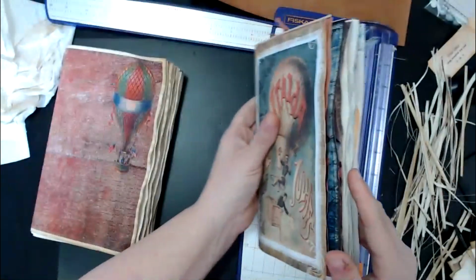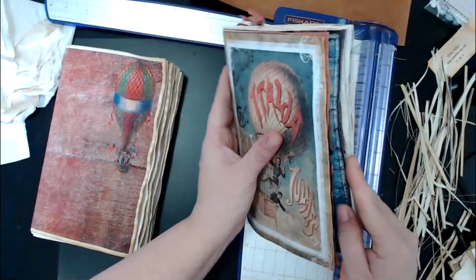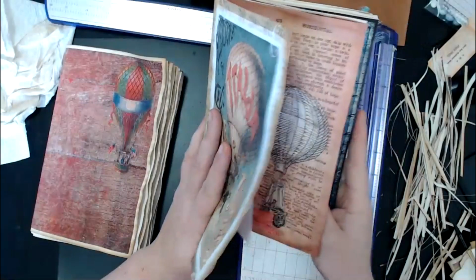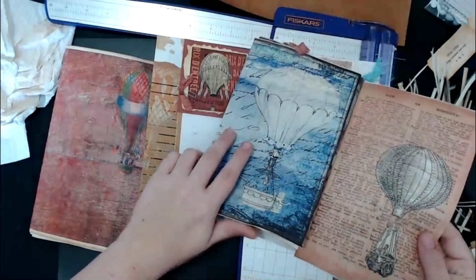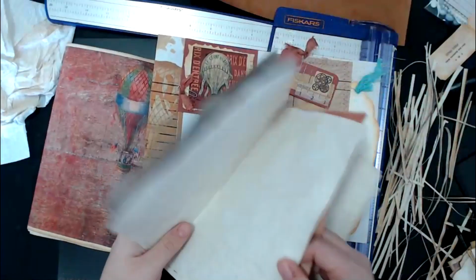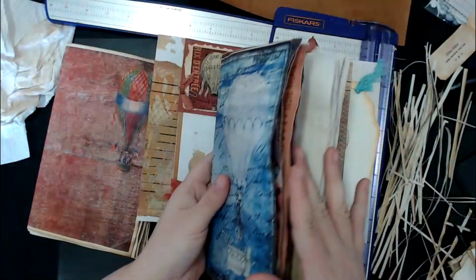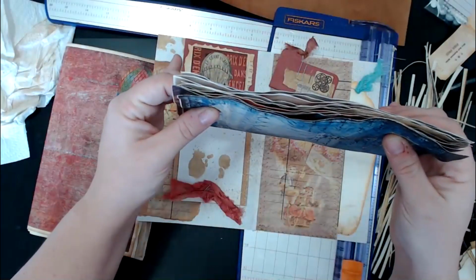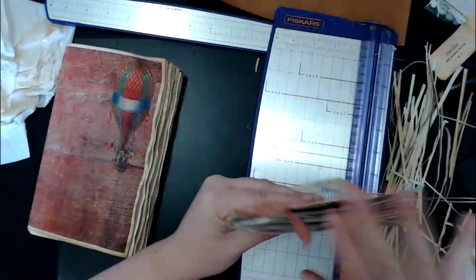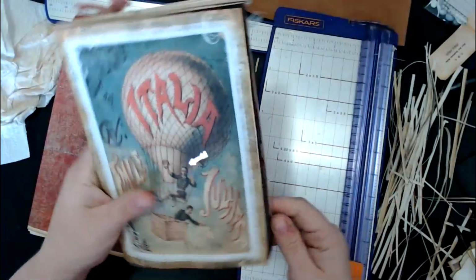But as you can see, even though I cut these all the same, you can see that these stick out a little bit farther. So you have to kind of move some of your pages, because as you add more pages, it makes more room. So see how I added those two in there, and now all the pages are pretty even. So just a little trick for those of you who are starting out junk journaling or just have had some